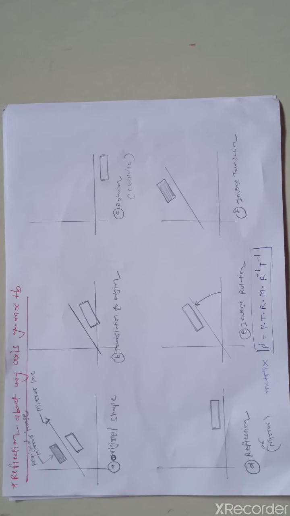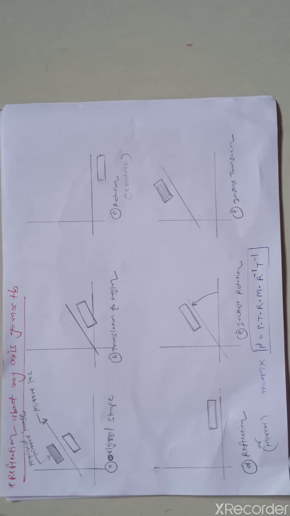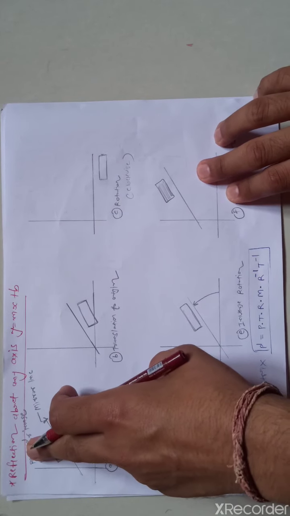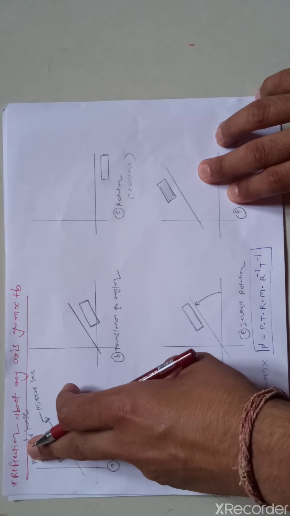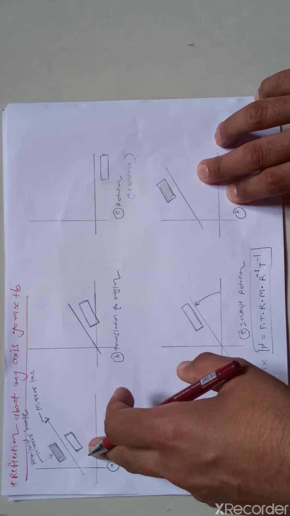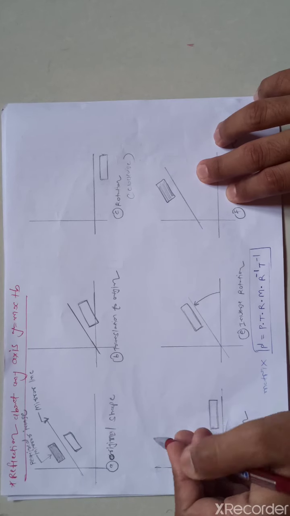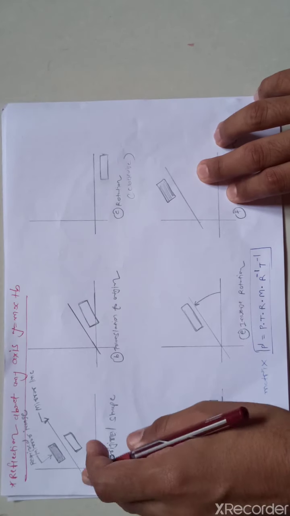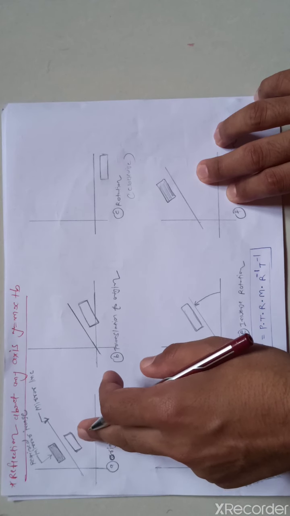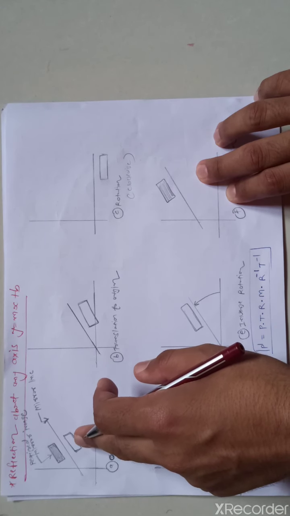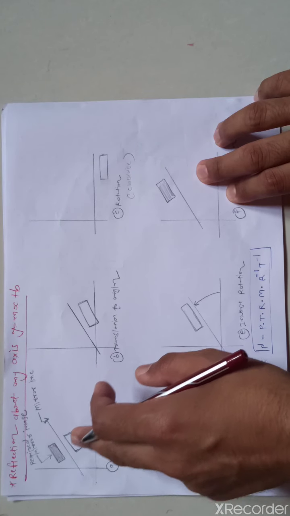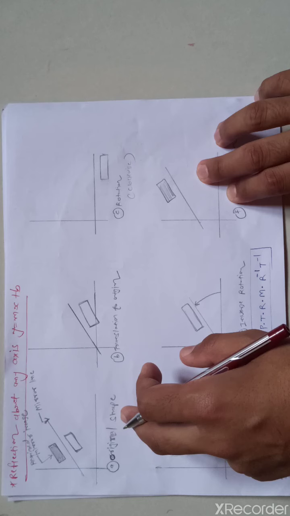So in this lecture we discuss reflection about any axis y is equal to mx plus b. First of all, in a reflection operation or mirror, we simply reflect or mirror the object according to our requirements. Now let's take this as our line y is equal to mx plus b, and this is our object. Now we want to reflect or mirror this object about this line. So this is our original shape.